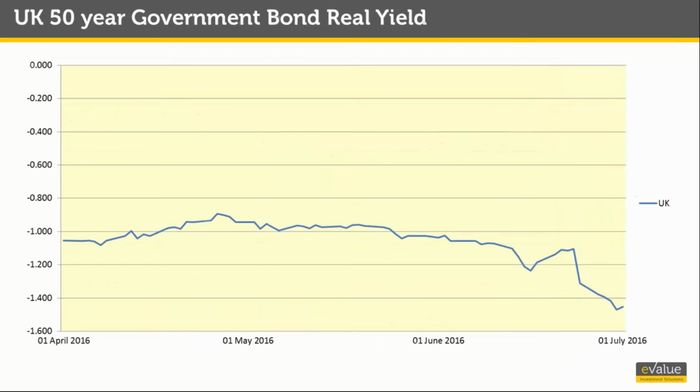Next, we'll move on to real rates. Real yields are firmly negative and have become significantly more so since the Brexit vote. The macroeconomic meaning of negative real rates is that either the expectation is that nominal rates will remain low or go lower still, or that inflation is expected to rise faster than nominal yields, or possibly even some combination of the two. We will discuss this in a bit more detail later.